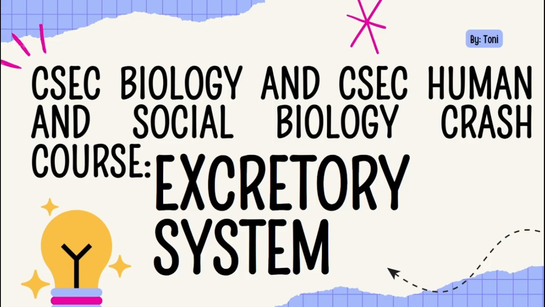The excretory system is probably going to be one of the shortest systems, but we just go through the main points. It's for both CSEC Biology as well as CSEC HSB, right? So it's basically the same thing. It's the same thing I need to know for both